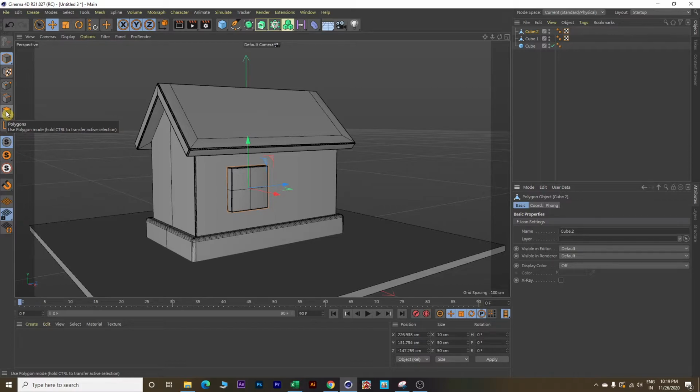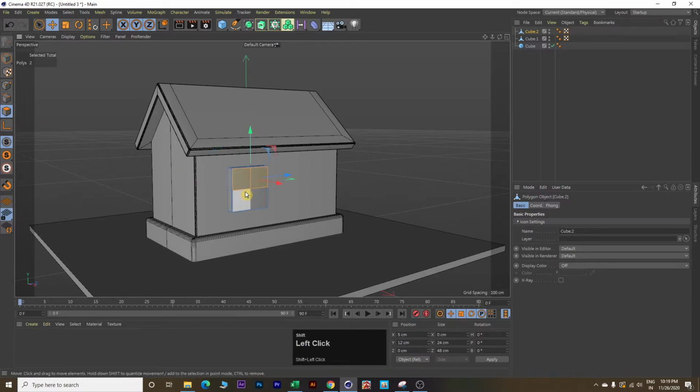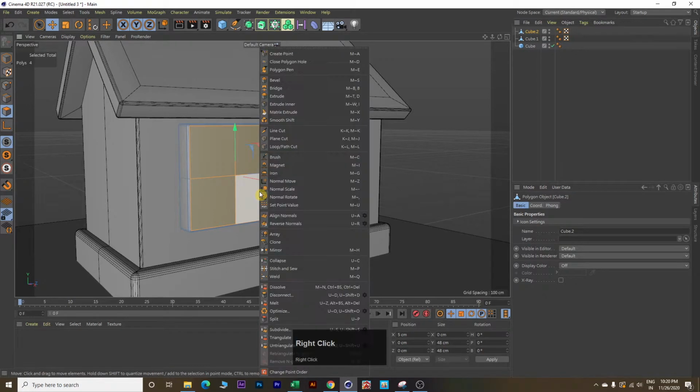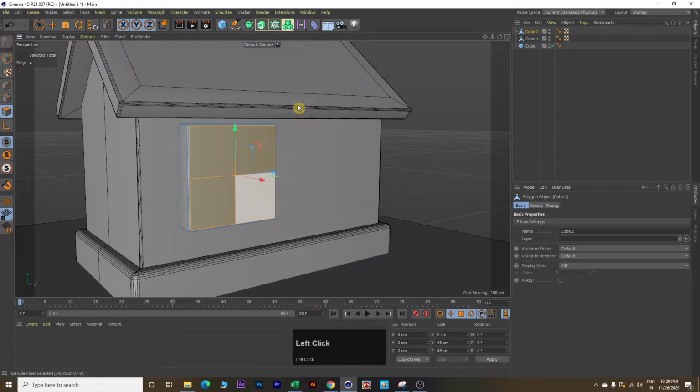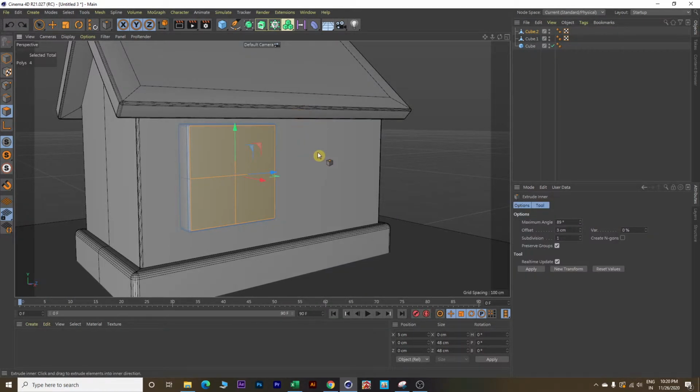Then select polygons and select these 4 polygons here by using shift key. Zoom in. Next right click and extrude inner. Please note that before doing an extrude, uncheck preserve groups over here. Then click and hold left mouse button and drag your mouse towards the left.